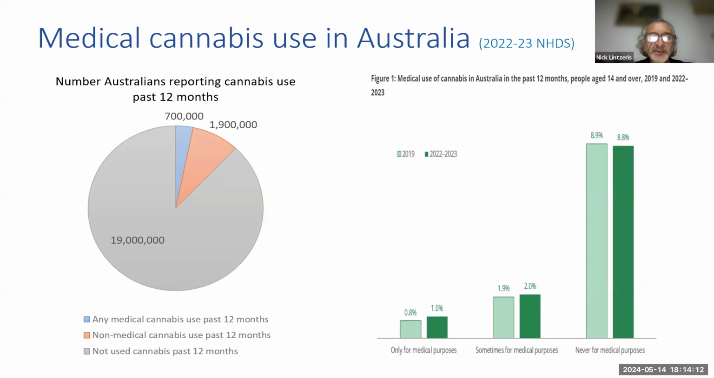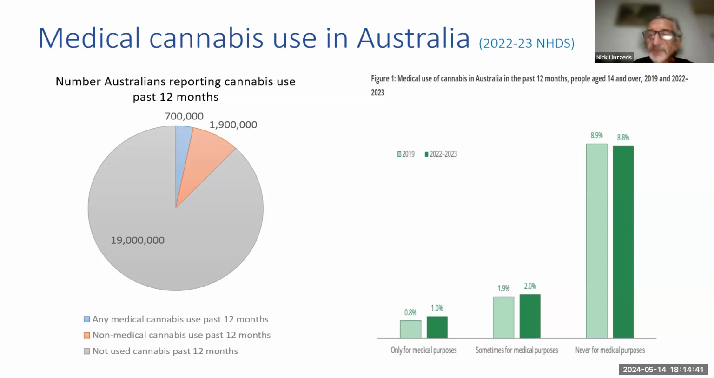You can see there that 19 million Australians did not admit to using any cannabis in the 12-month period. However, 2.6 million Australians did say they used some cannabis. Of those, 1.9 million was for non-medical reasons, and 700,000 had some medical reason. The slide on the right gives you a breakdown of the proportions that